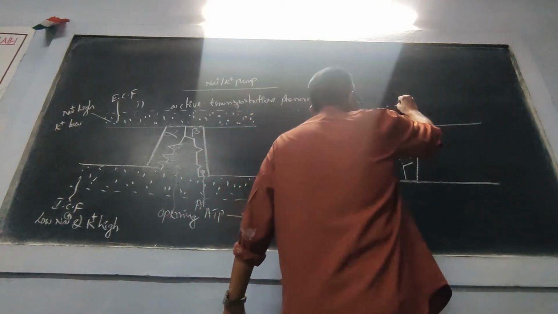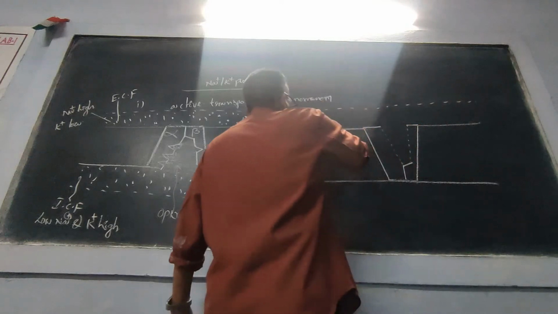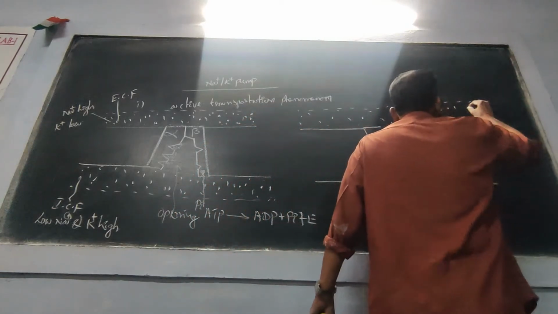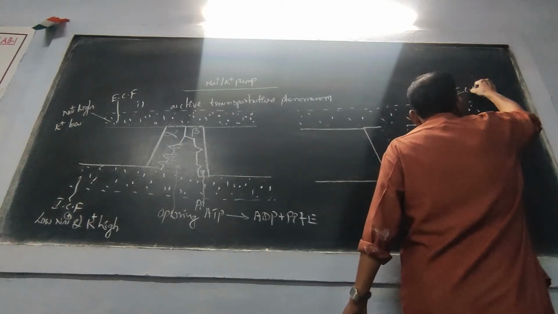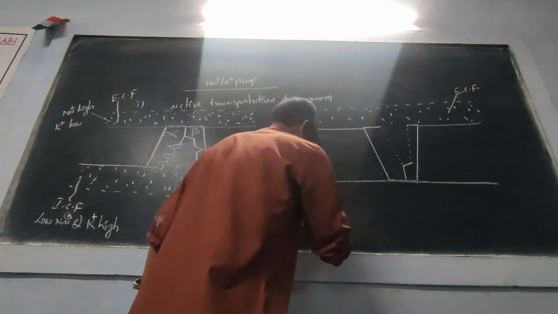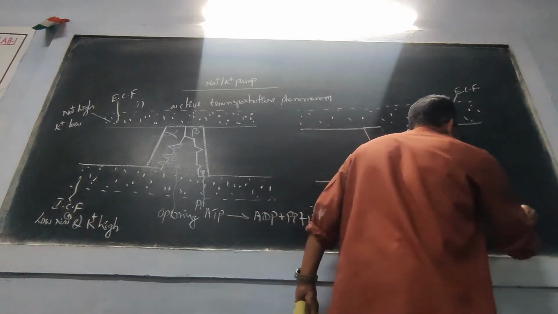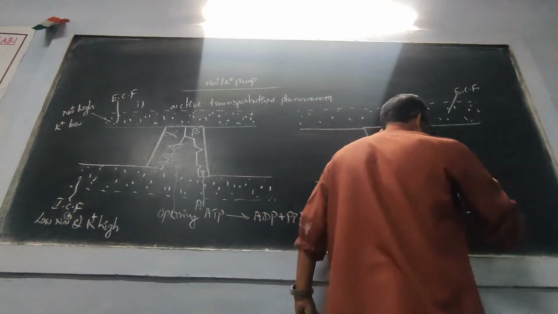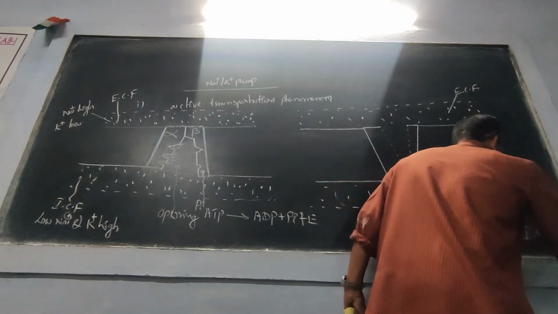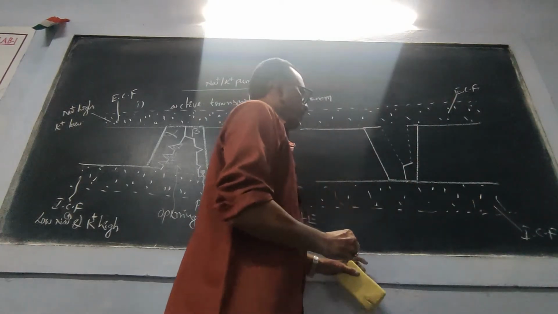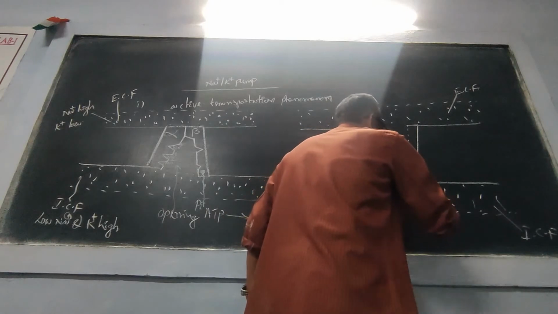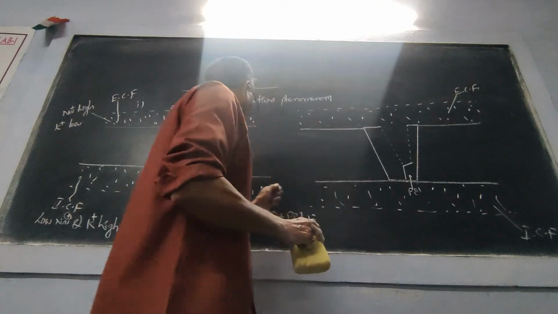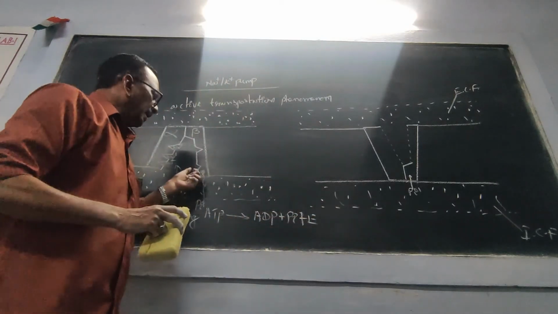Now this is the extracellular fluid, and here we have the intracellular fluid. Now here inorganic phosphate is attached to that beta subunit and it is acting as